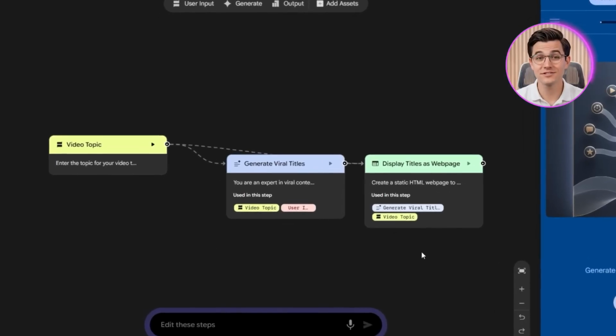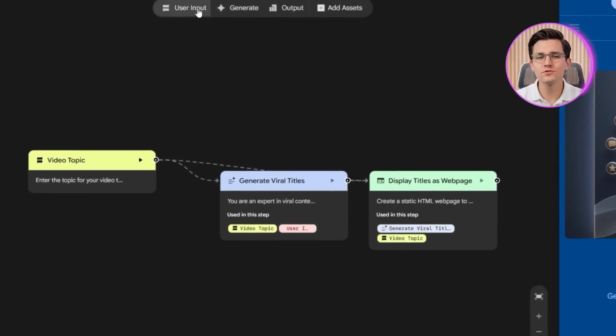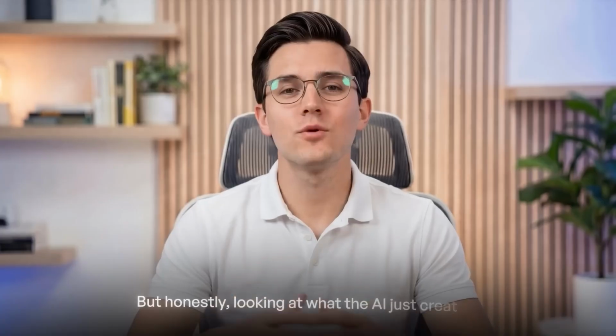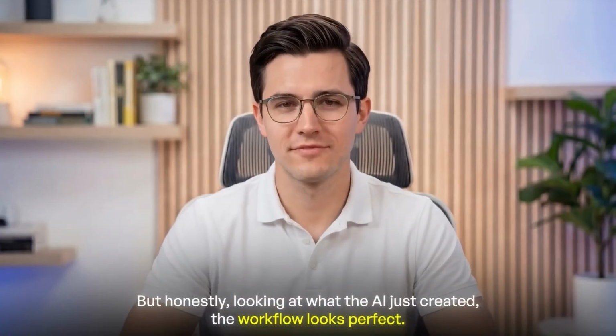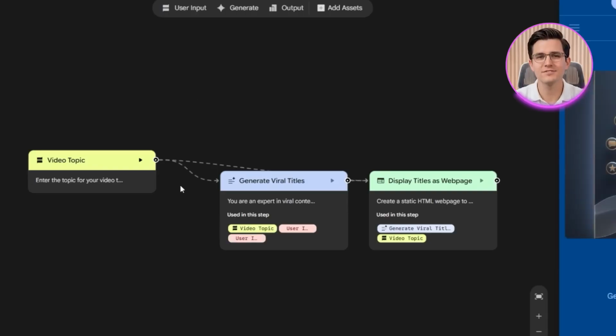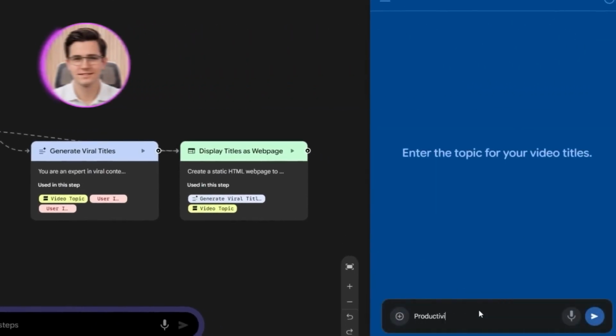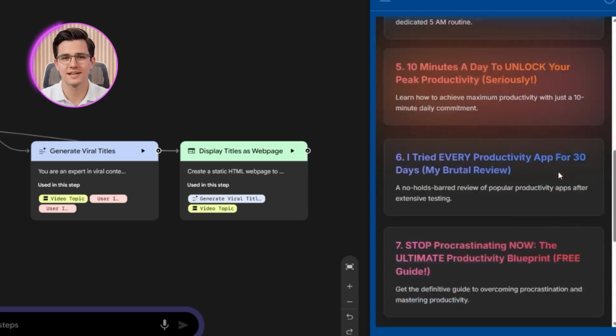Now, if you wanted to get technical, you could go up to the top menu, manually add a user input node, and connect it to the AI generation block to customize the logic yourself. But honestly, looking at what the AI just created, the workflow looks perfect, so I'm going to delete this. On the left, you have the yellow input node where you enter the topic. The middle section is the AI processing node, which handles the brainstorming, and the final step displays the results. To test this, I'll click Start and type in productivity, and immediately it gave me 10 title variations listed right